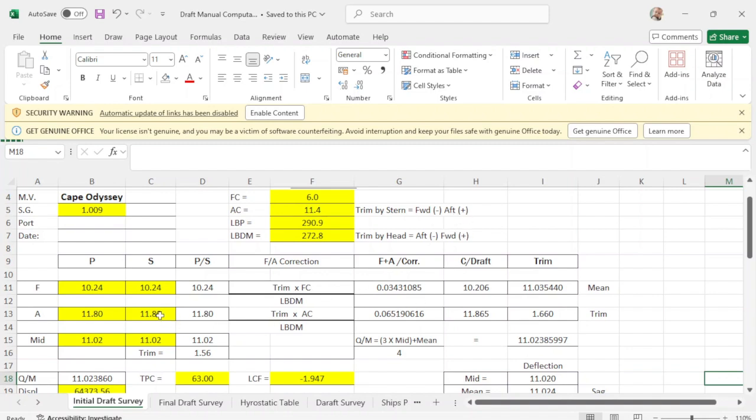According to your draft forward and up, you are trimmed by the stern of 1.56, so the forward correction, you minus this with this draft, and you will have this value. The up correction, it says add here. So this correction, you add to your up draft, then you will have this value.